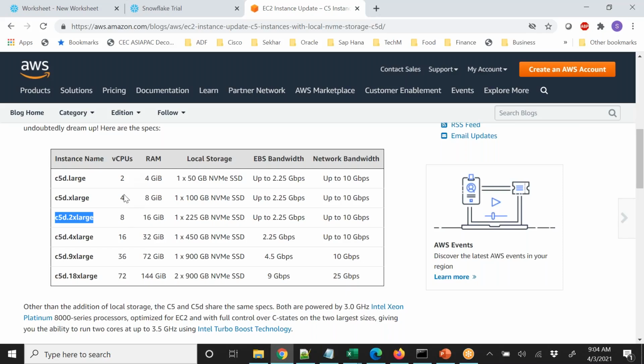It has 8 virtual CPUs. It has 16 GiB of RAM. And you have this bandwidth. Network bandwidth is up to 10 Gbps. And EBS is,